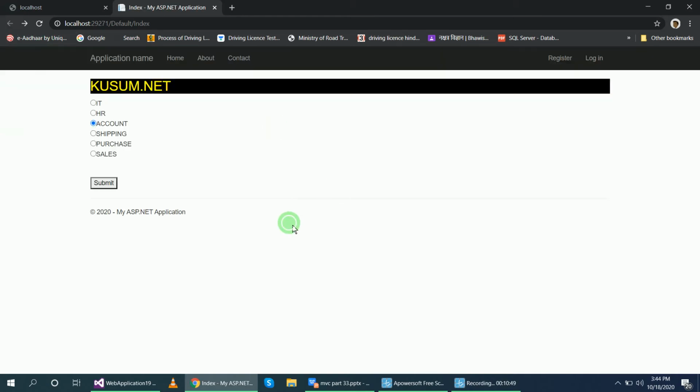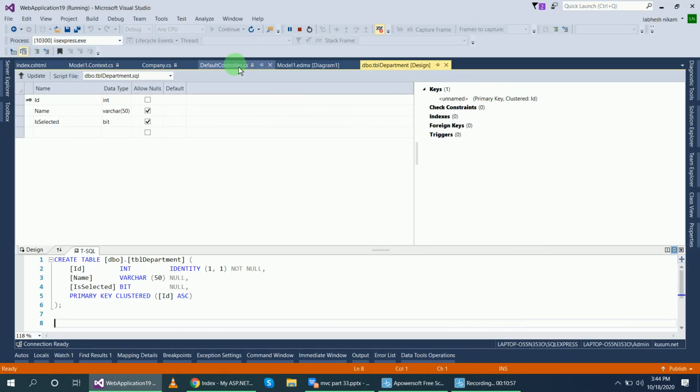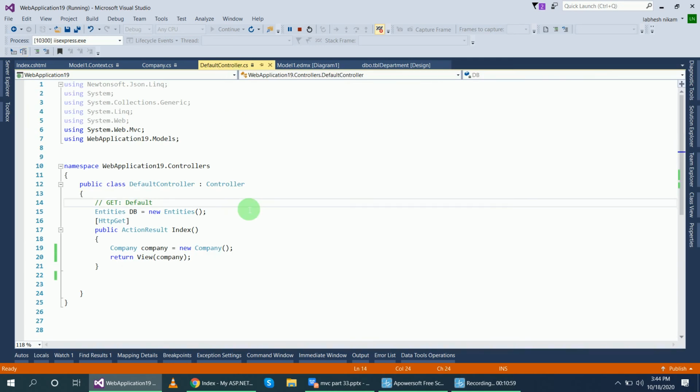Because we have not given any value for the message on the controller side. So we first create the message for when no radio button is selected and when a radio button is selected.